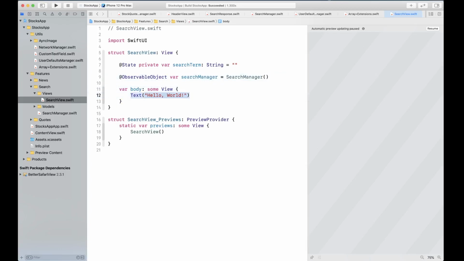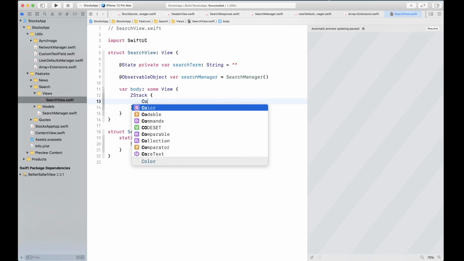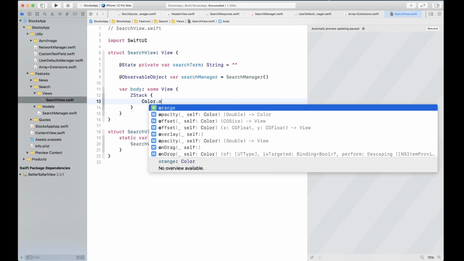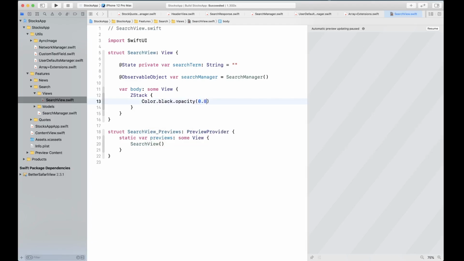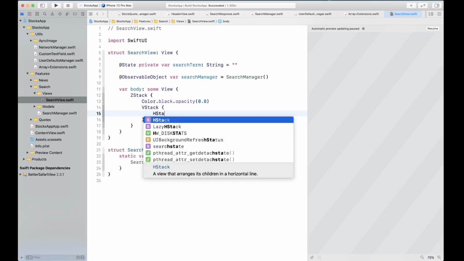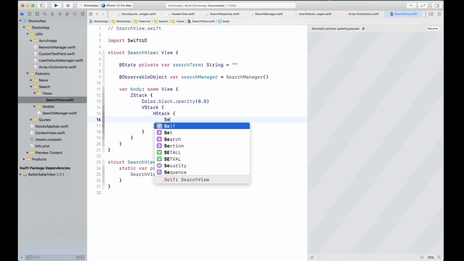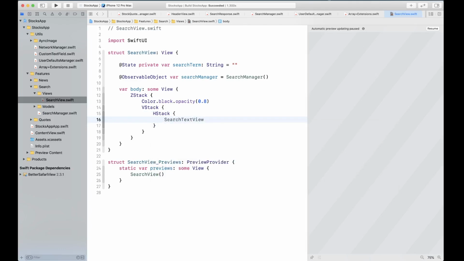Okay, inside the body, we're going to have a ZStack, and this ZStack is going to have Color.black.opacity 0.8. There's going to be a VStack. Inside that VStack, we're going to have an HStack, and SearchTextView is going to be with the searchTerm.